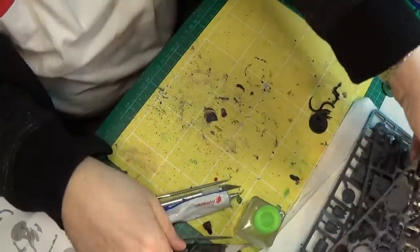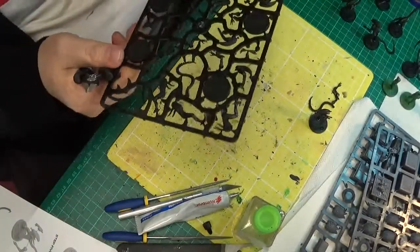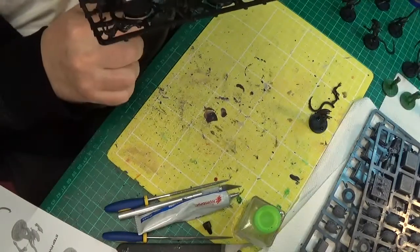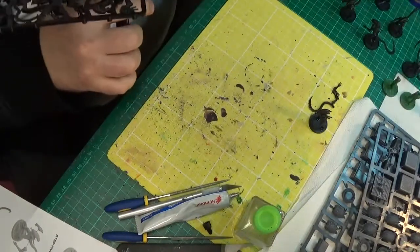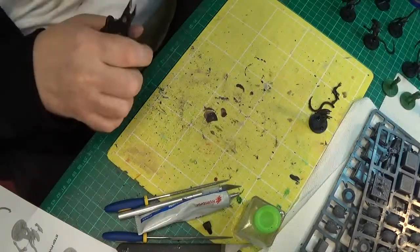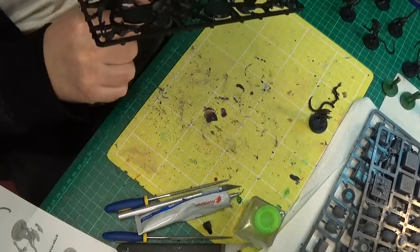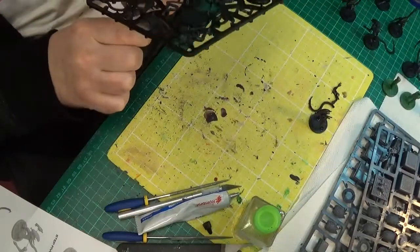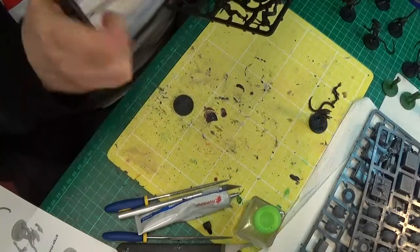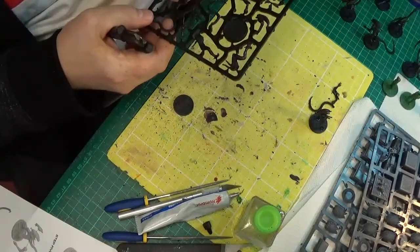what I propose to do is do the rest of the models on here. So perhaps if we do D on this sprue first, doing it a different way around here now, I can get something done here. So,